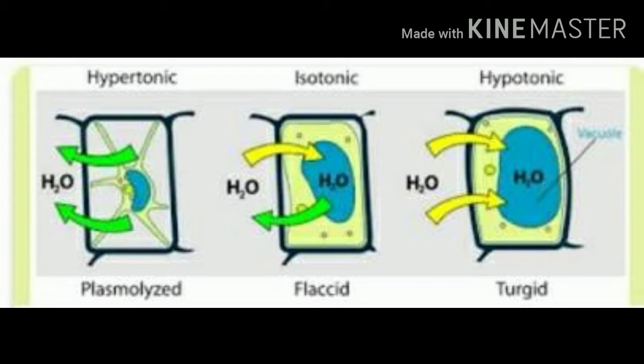Like this, when the cells are kept in hypertonic solution, we can observe plasmolysis, and when a plasmolysed cell is kept in hypotonic solution, that is, lesser than the cell's concentration, again due to endosmosis we can observe deplasmolysis, that is, the cell becomes turgid again. But when a normal cell is kept in isotonic solution, there will be neither plasmolysis nor deplasmolysis. This particular stage is called incipient plasmolysis. Like this, when we place the cells in isotonic solution, we can observe incipient plasmolysis.